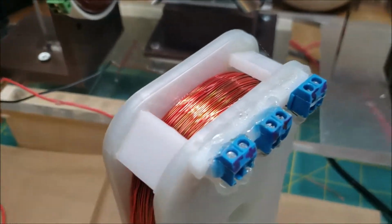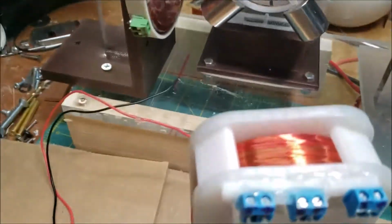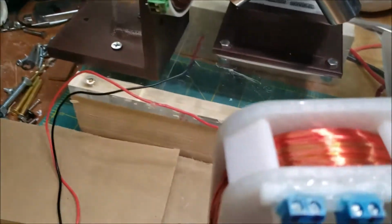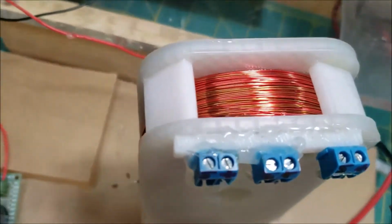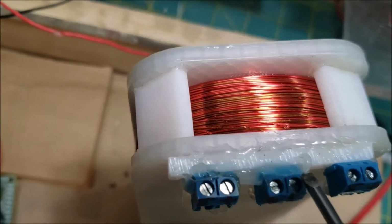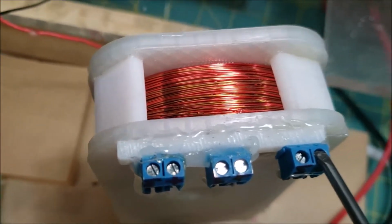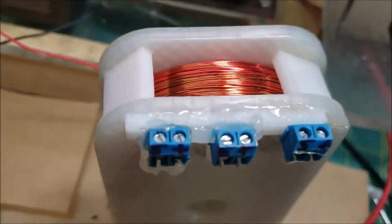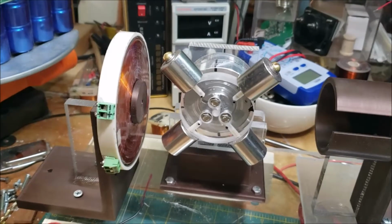I tried doing the same thing with this coil. I tried jumping this to this and this to this to create 1 coil from these 2 ends here. But when I do that and I try to run it with this motor,